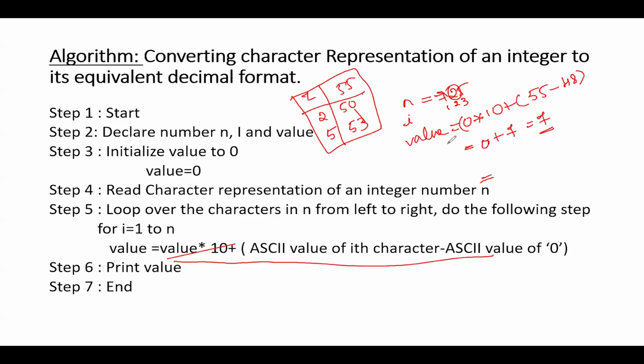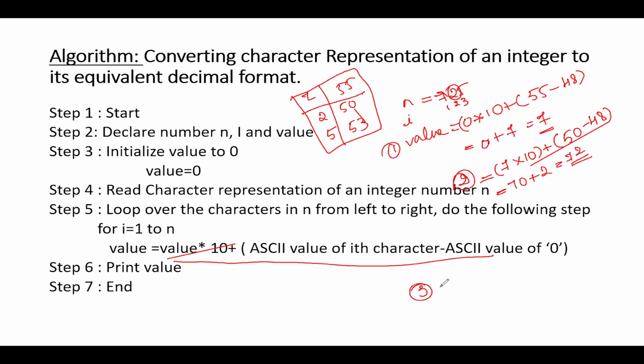So next, I'm going to say value is equal to, now I have value as 7 into 10, plus the next value, the ASCII value of 2, which is 50, minus 48. So this will simply give me 70 plus 50 minus 48, which is 2, so it is nothing but 72. Now value has 72. So this was the first iteration, this was the second iteration. Now the third iteration